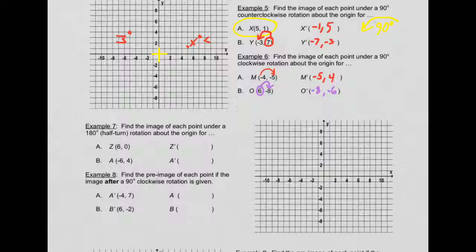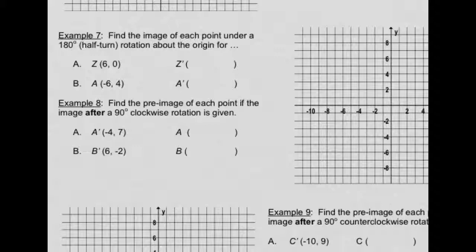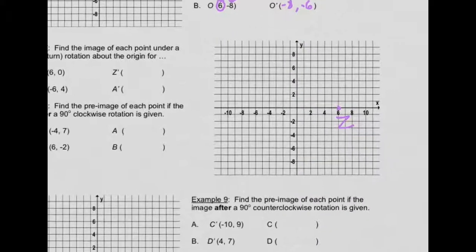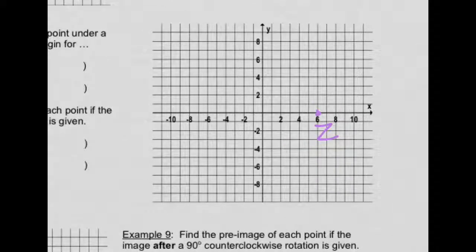Alright, example 7. Find the image of each point under a 180 half-turn rotation about the origin. So we start with z being 6, 0. There's our z. And we'll go ahead and select that. 180 degrees, that's a half turn. Oh, you know what I forgot to do? I didn't put